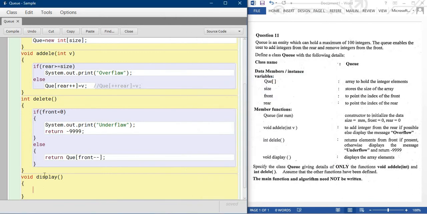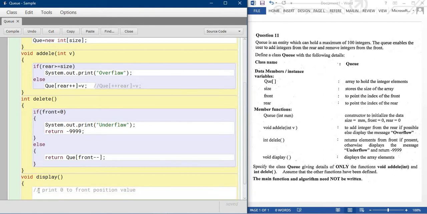Okay, so first I'm writing the comments. I'm writing three comments for you. One for print 0 to front position value.